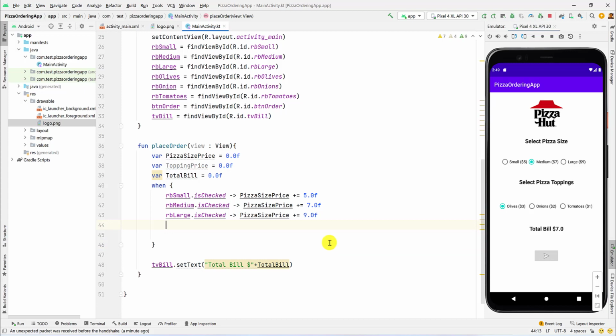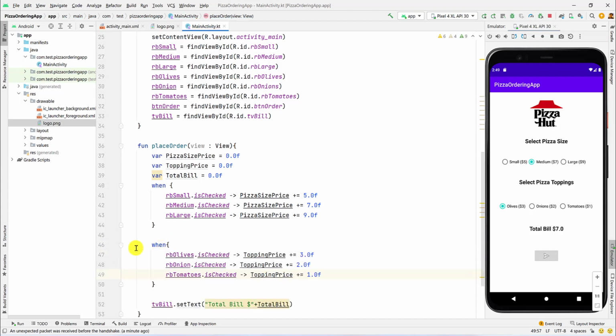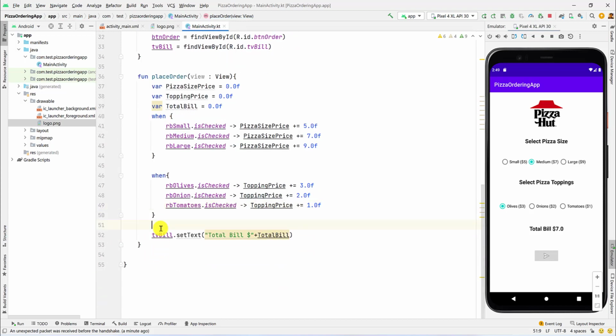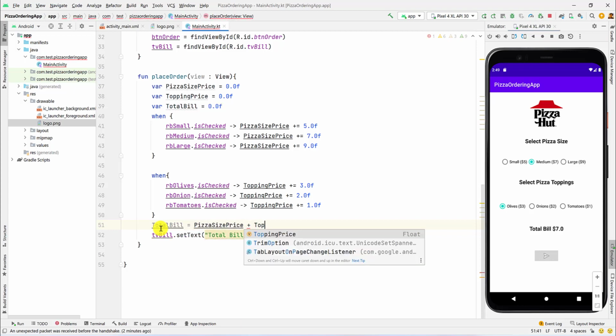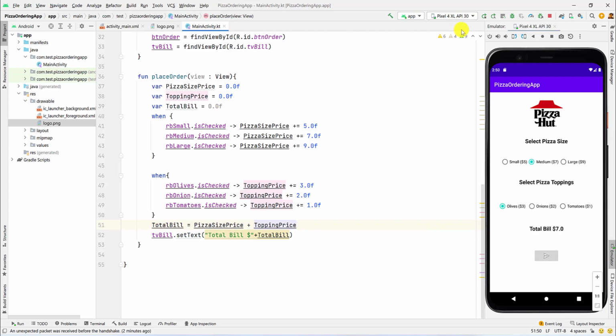So I'm just cutting this code over here, cut, and then we will be using another when key over here, when, add this for topping price, and now let's generate the bill. Total bill is equal to pizza size price plus topping price. So if I run this code again,